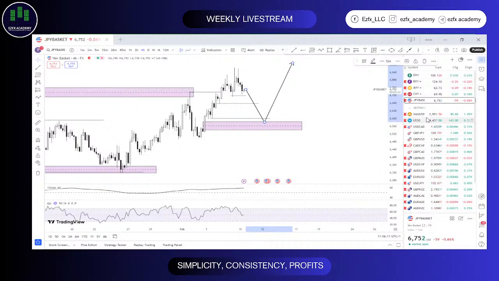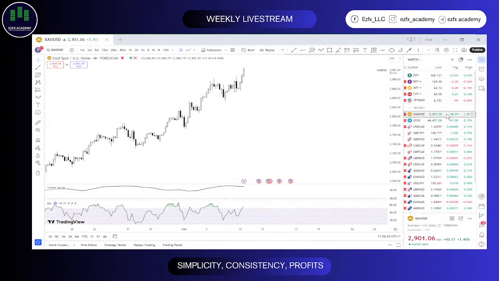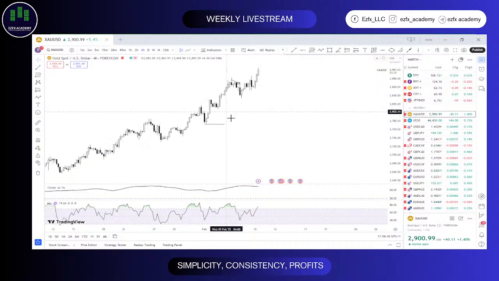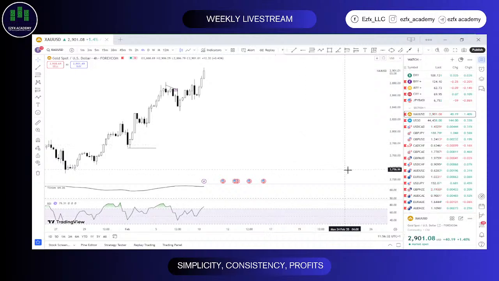So all that is clear for the indices. I know we took about 10 or so minutes on that, so let's just quickly go into the main guide, so to speak. Let's start with gold. This is already on the 4 hour time frame.